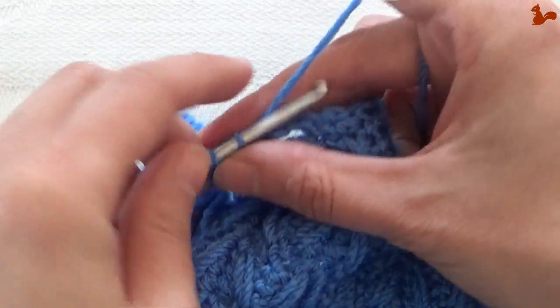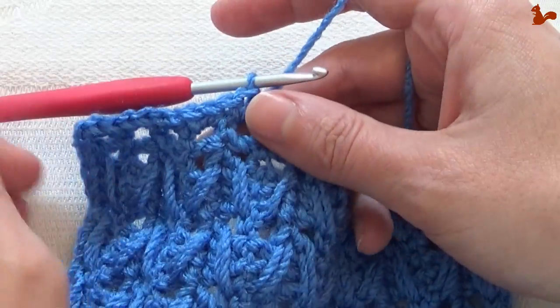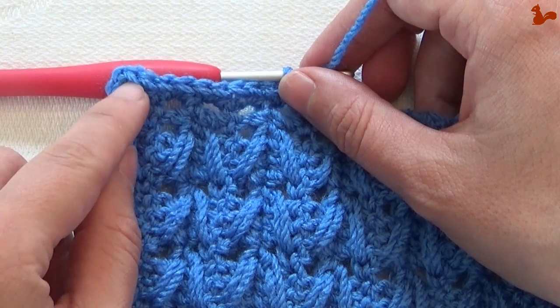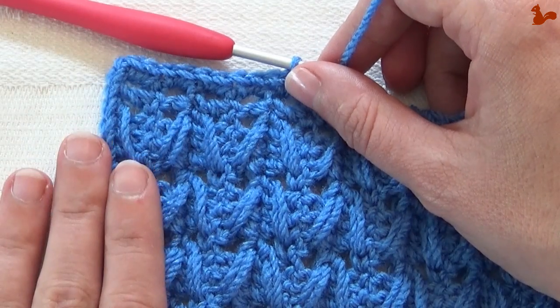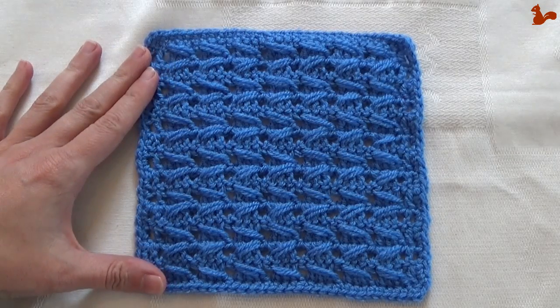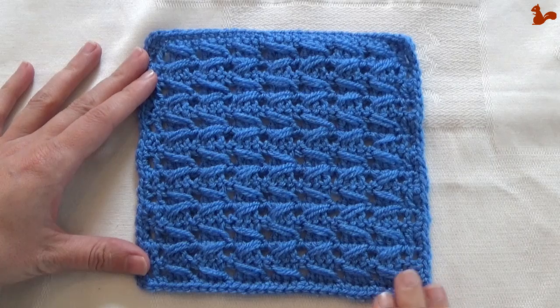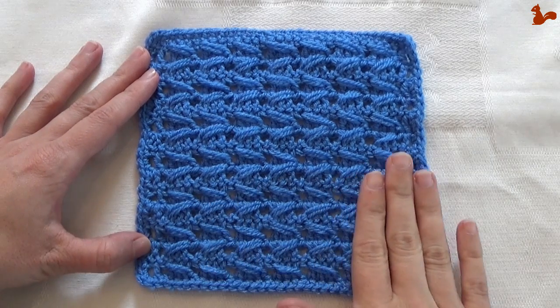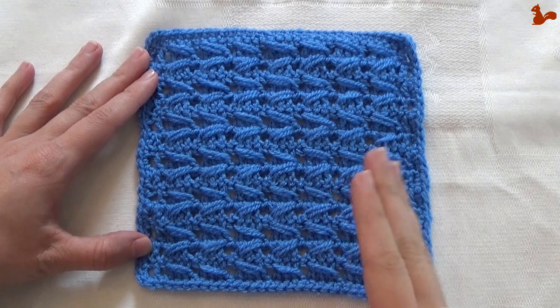Go all the way around, 26 on every edge, and when you get to the beginning close with an invisible join or a slip stitch on your first stitch. When you're all done, your square looks like this. Take the time to block it, then it just becomes a little bit more crisp and straight. You're going to make 4 of these for this week, and when you've done that,